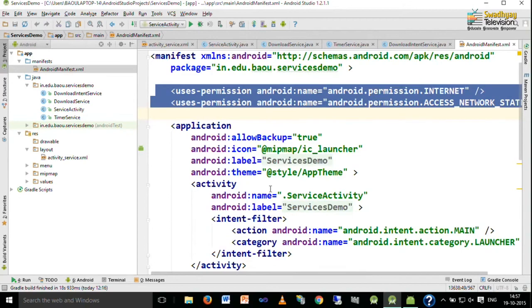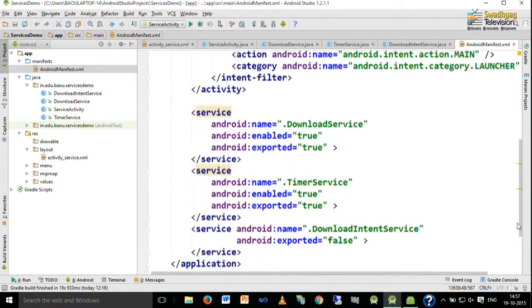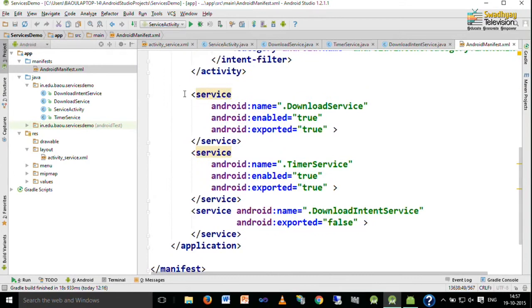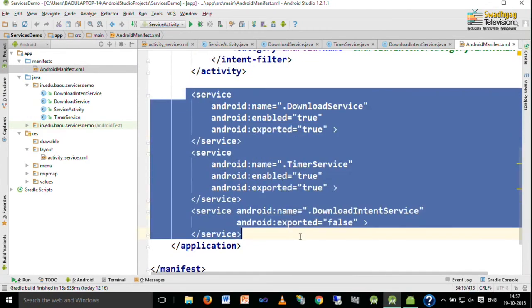So, these two permissions are required, and when you add services, they are automatically added inside your manifest file. So, we have three services: download service, timer service, and download intent service that are automatically added in your manifest file.